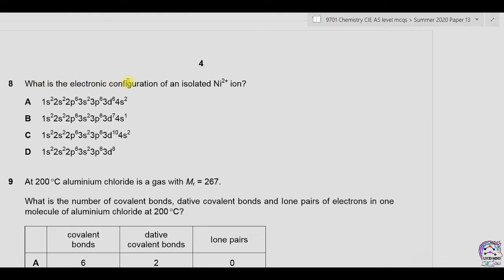Question 8. What is the electronic configuration of an isolated nickel +2 ion? The atomic number of neutral nickel is 28, so we have 28 electrons in the nickel atom. Let's first find the electronic configuration of neutral nickel. We can write Ni is equal to argon 18, 3d8, 4s2. When nickel is converted into nickel +2, it means 2 electrons are lost, and electrons are lost from 4s first. So the electronic configuration will be argon 18,